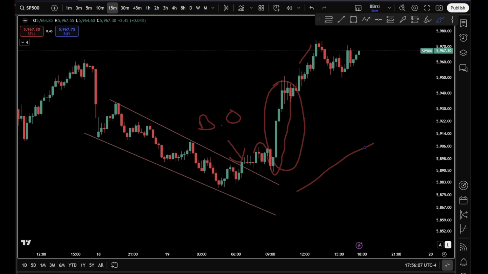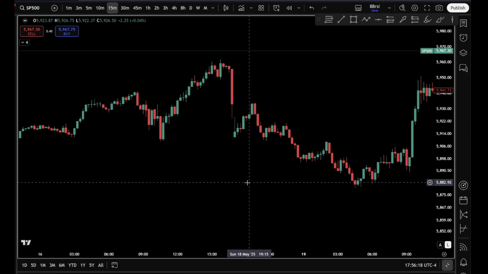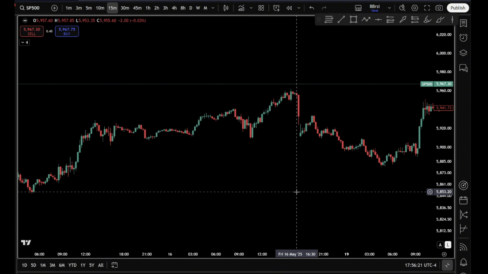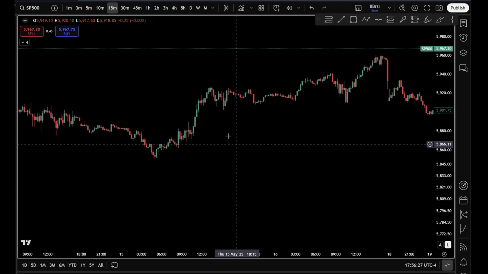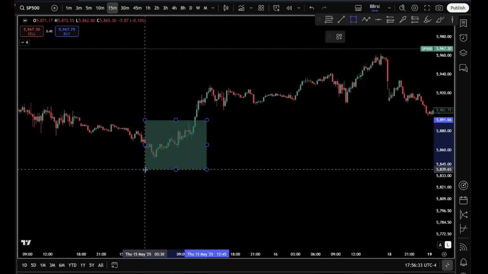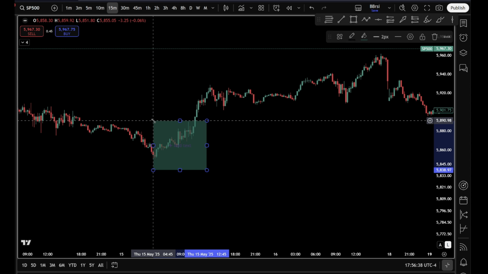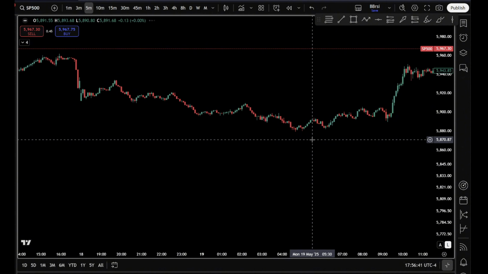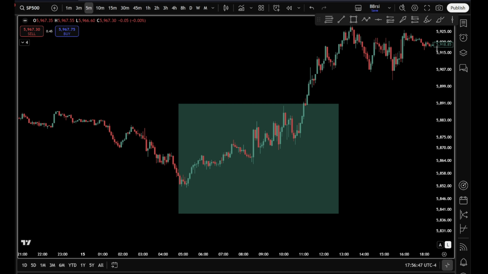So now let's try to find one in an uptrend. Okay, let's clear this. In an uptrend, we're going to try to find one right now. We can look for right here. You see this area right here, guys? This is actually an uptrend. If you look at it in a 5-minute, this is a 15-minute, so it looks more condensed right now. We can go in the 5 minutes. See that right here? If we zoom in,